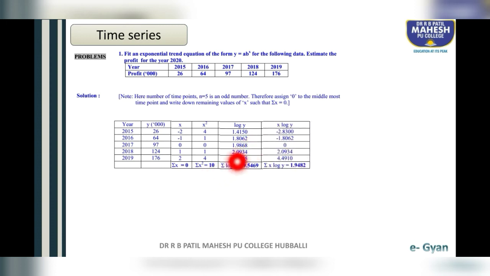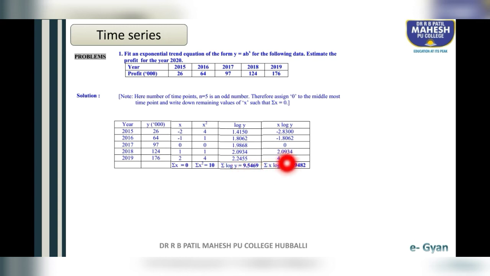Okay. So next find out x into log of y. Students, multiply x into log of y. So x into log of y: minus into plus is minus, 2 into 1.4150 is 2.8300. Next, x into log of y: minus into plus is minus, 1 into 1.8062 is 1.8062, 0 into anything is 0. So 1 into 2.0934 is 2.0934. So 2 into 2.2455 is